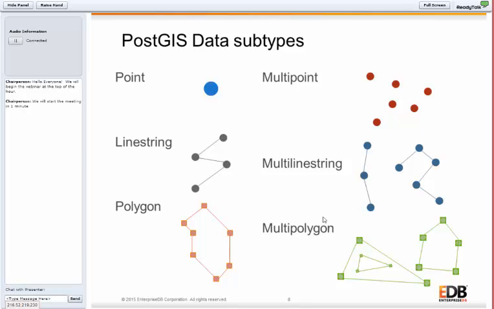And so this slide here shows the PostGIS data subtypes. These are the classic PostGIS data subtypes. A point is a spatial type that represents a single location on Earth, which is represented by a coordinate. You can use points when the shape and size of your data is not important. Your point in the database contains a lat-long value, and you can actually add a z value for height or elevation. A classic point is just a set of x and y values.